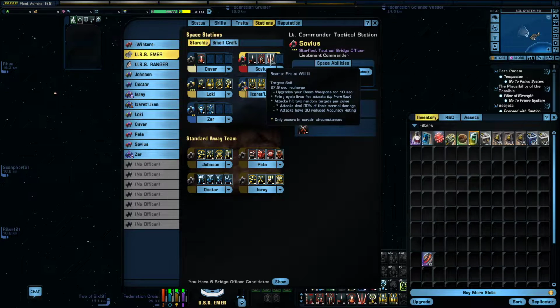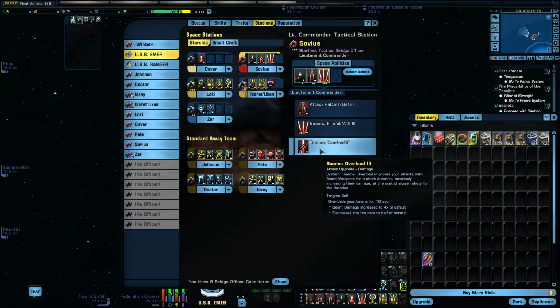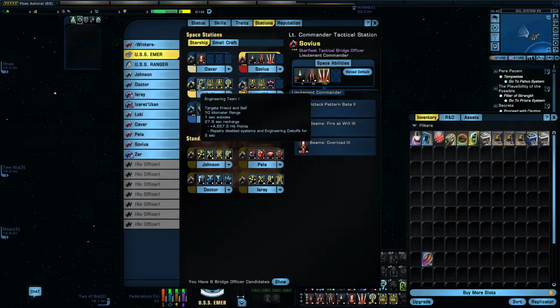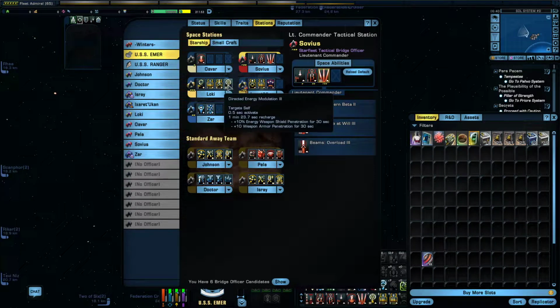3. If you prefer, you can change the Beam Fire at Will 3 to a Beam Overload 3 if you like. I just have it as Beam Fire at Will 3, and I can switch it around if I need to. In our Commander Engineering, we have Engineering Team 1, we have Ox to Bat 1, Reverse Shield Polarity 2, and Directed Energy Modulation 3, or DEM